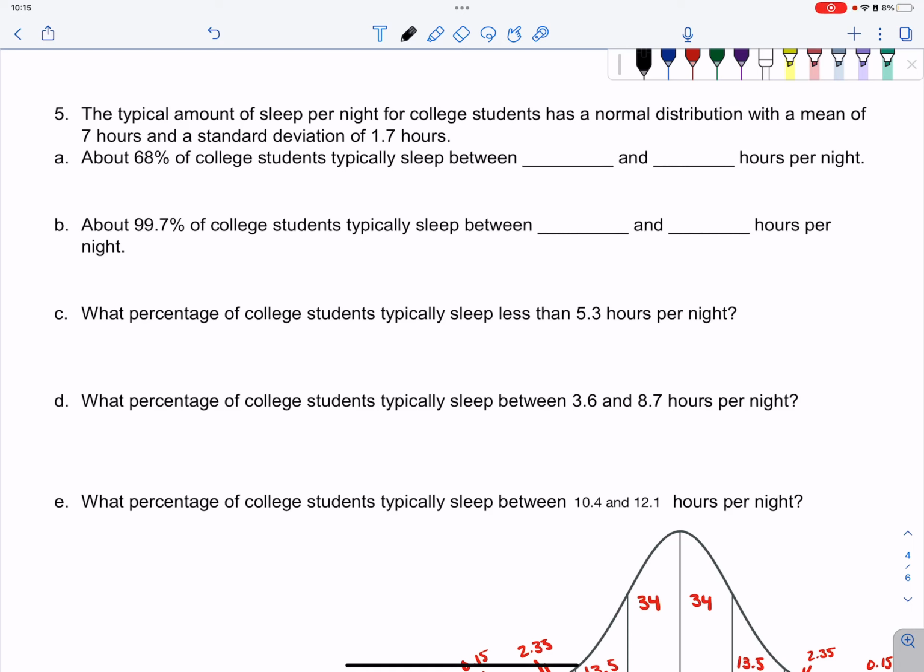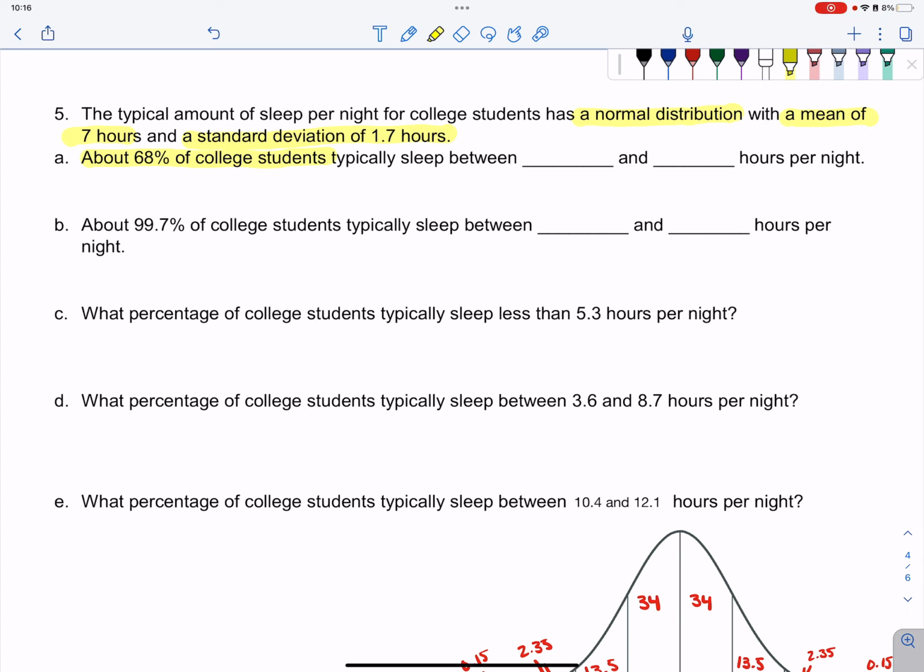In this next problem, we have been told that the typical amount of sleep per night for college students has a normal distribution with a mean of 7 hours and a standard deviation of 1.7 hours. So now let's answer some questions about this. The first one is telling us that about 68% of college students typically sleep between what and what hours per